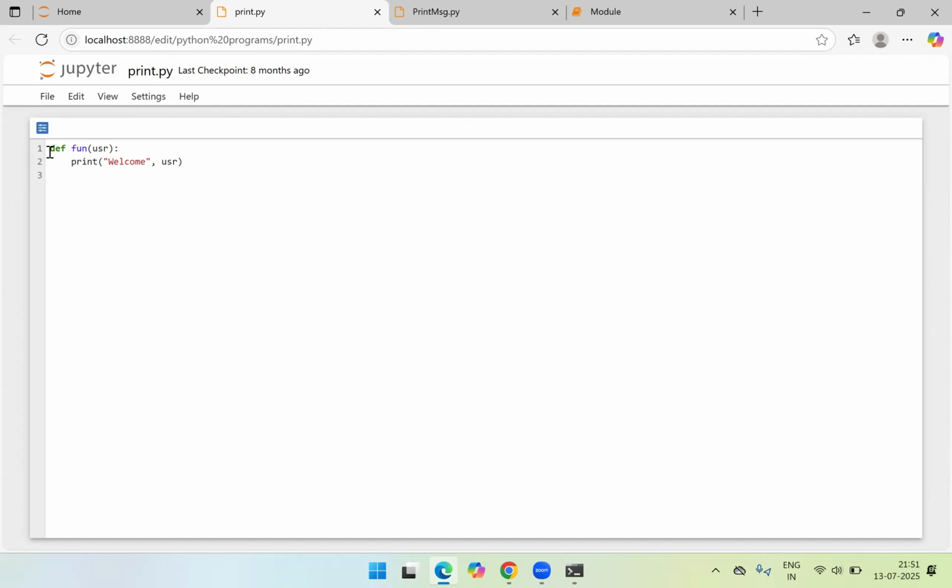Okay. So there is a function called as what? There's a function already. It is going to be created and saved with the file name print.py. Okay. Then